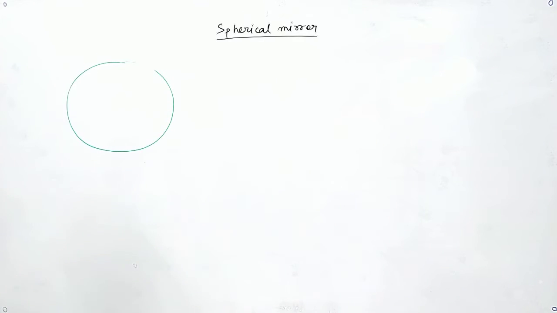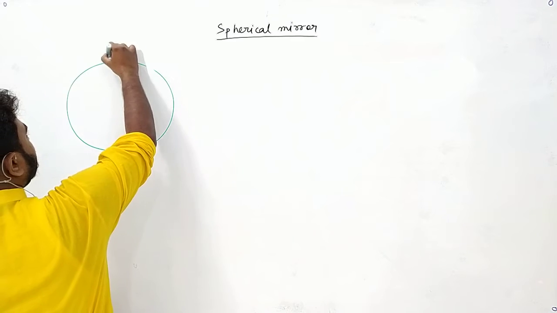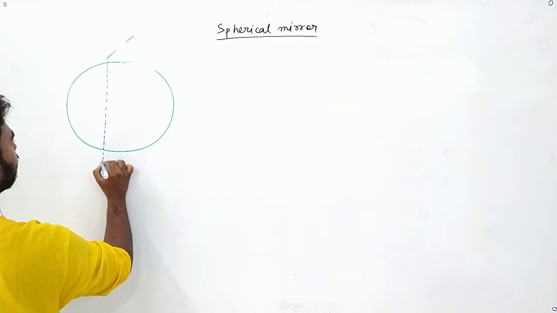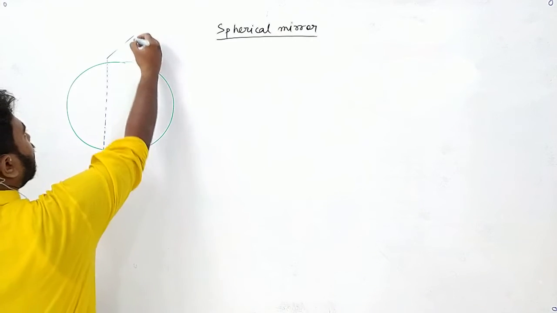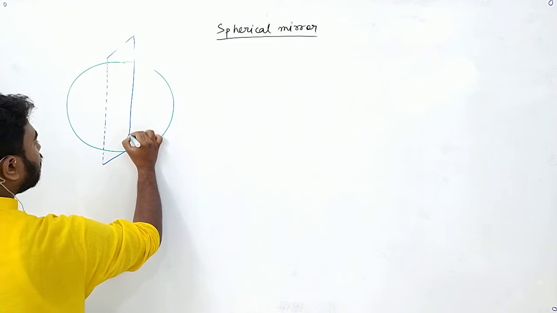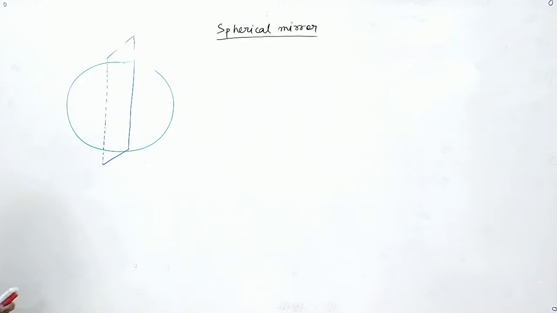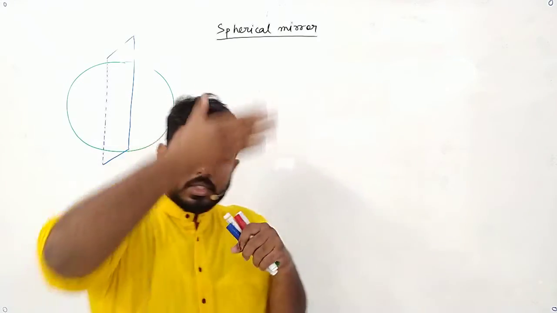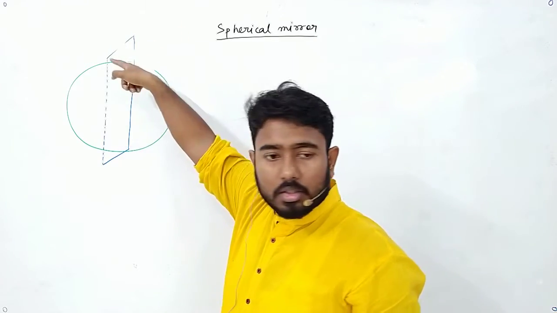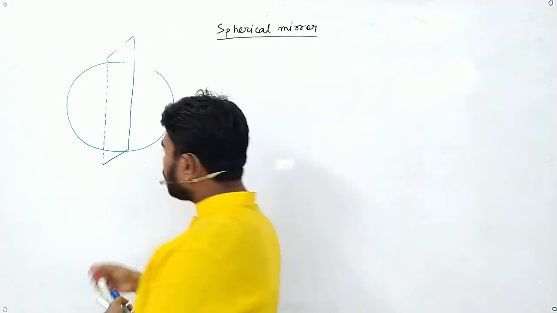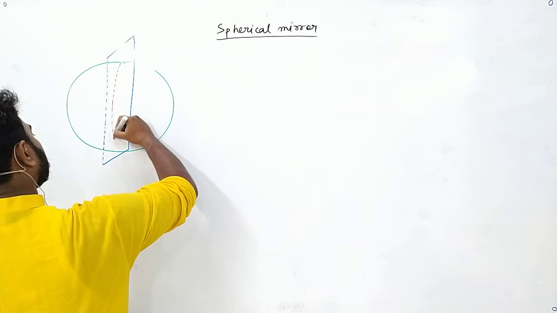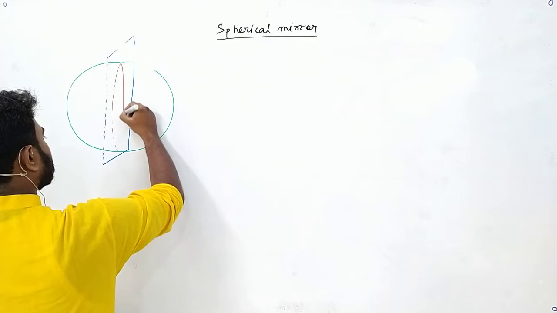Now if I take a portion of this sphere, like I am inserting a plate inside of this sphere. So what am I doing? I am inserting a blade inside the sphere. So if I insert a blade, it will cut itself into two portions. So we will get two portions. First, let me mark the cutout portion.